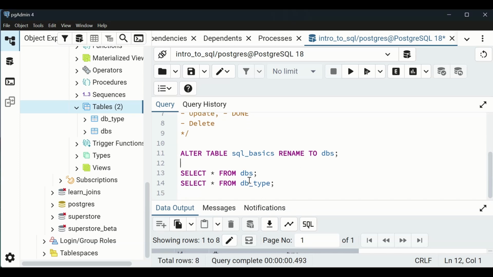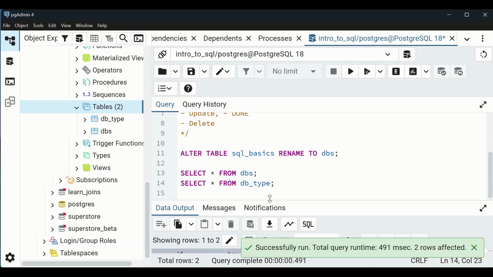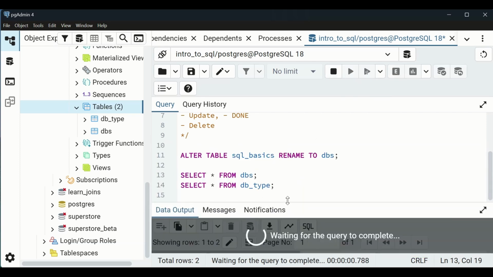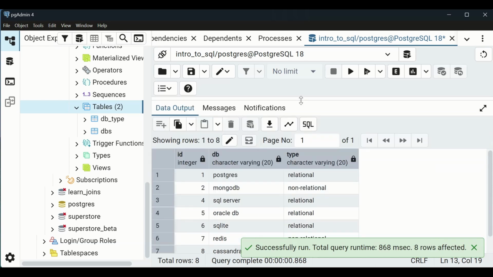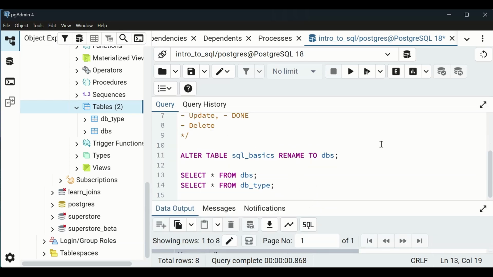Now, the next thing we probably want to do, let's run select all from database type again. Okay, just these two. Then right here, we have this. Okay, now we probably want to rename this as well to ID type, or type ID. That means the database type ID. So it will be type ID. So I want to rename that, and this is renaming